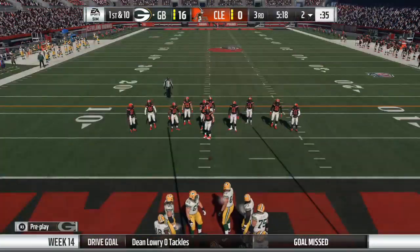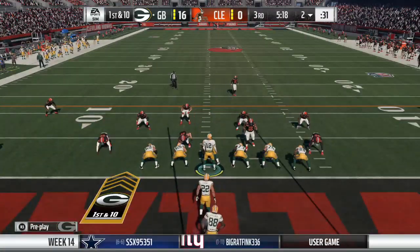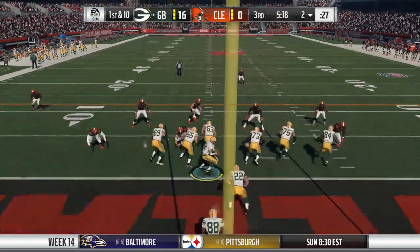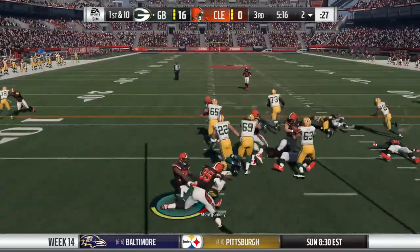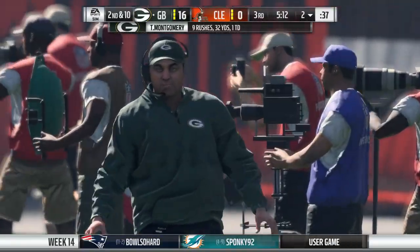Here's the Packers offense now getting set to start off this 3rd quarter. This is sort of what you would call a put-away drive, isn't it? They score here, especially a touchdown, it's almost out of reach. It certainly feels that way, and I think that they're going to call their plays accordingly because what you really